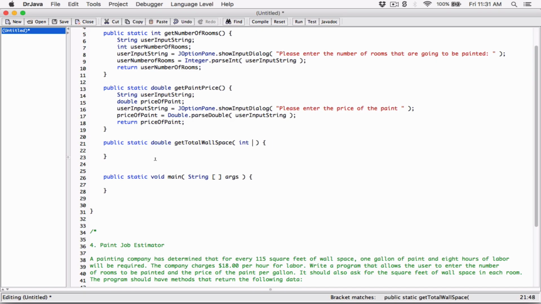I'm not going to call it total number of rooms. I'm going to call it number of rooms. It's going to need the number of rooms to work with. And in this